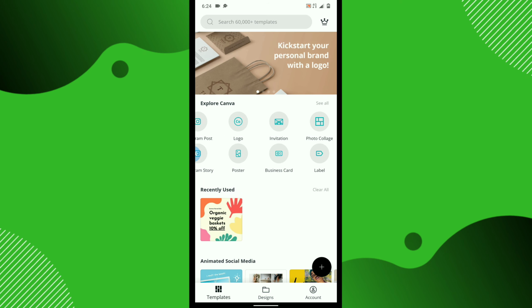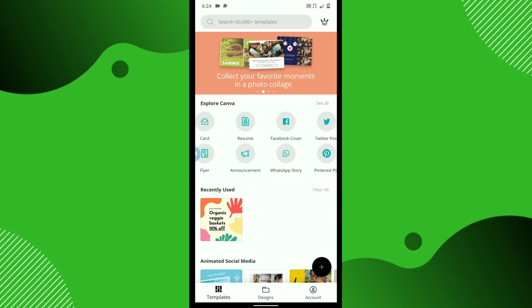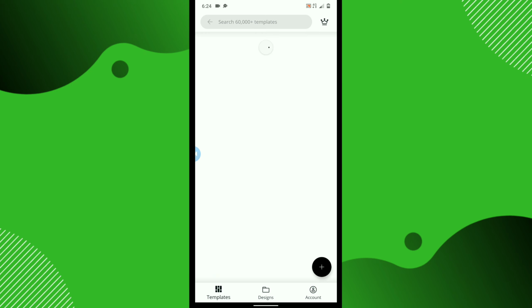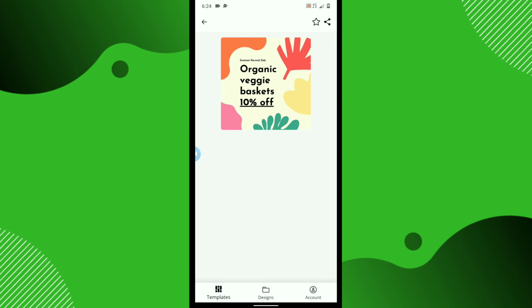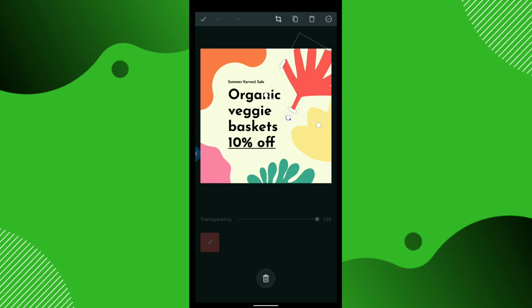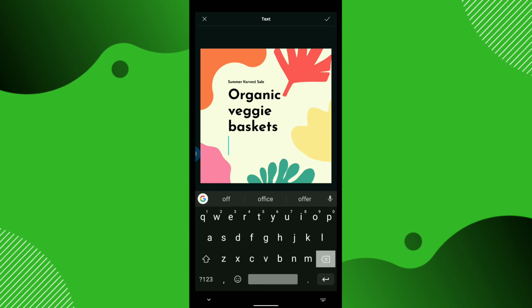Here you can design each and every single thing. See, Instagram posts, logos, cards, resume, and a lot more. You can just search or click here on the options. Here there will be all the templates. If I click on here, we can edit it. We can do anything here. See, we can add text.